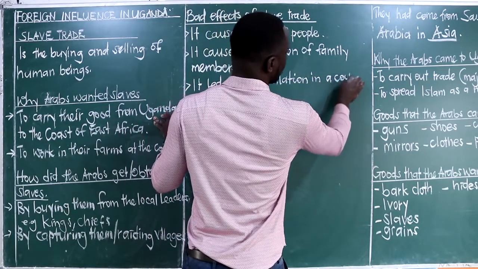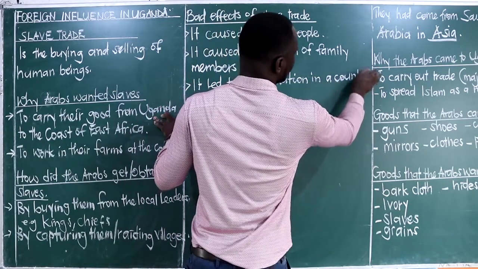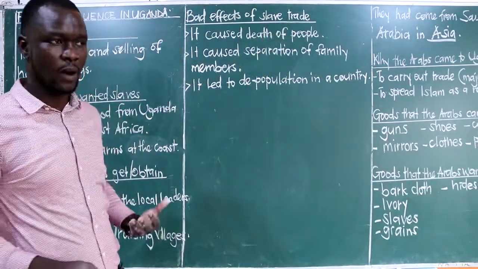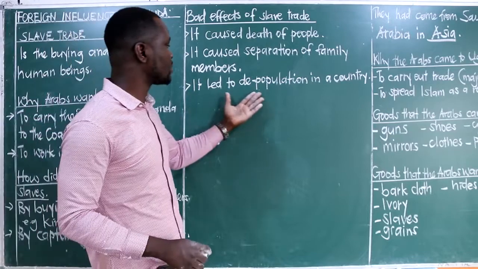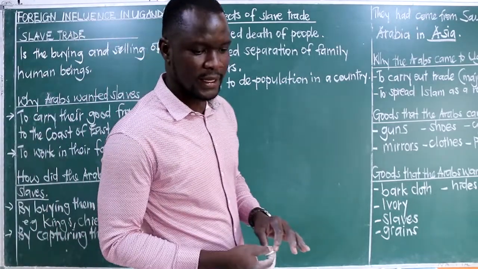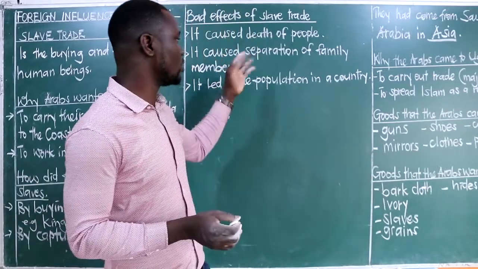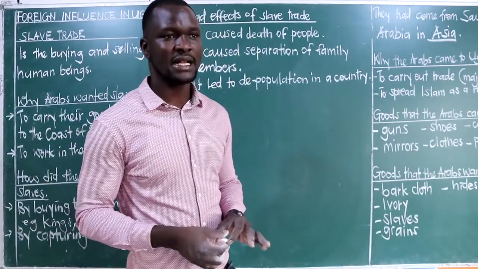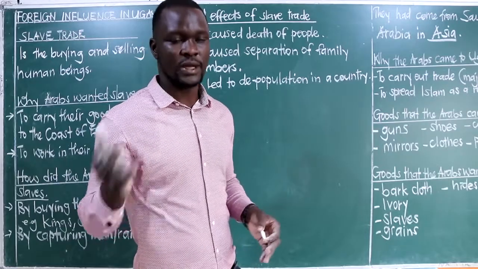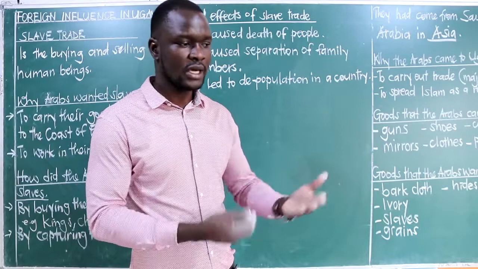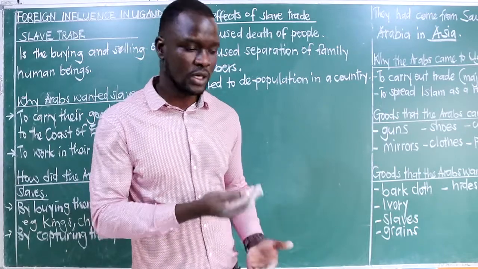That is in Uganda. Depopulation, we are looking at the number of people went down. How? The people who were to remain in the country were taken, very many people were taken, and others could die on their way. So as a result, strong men were taken out of the country, and this led to the reduction, or it led the agricultural production to go down.